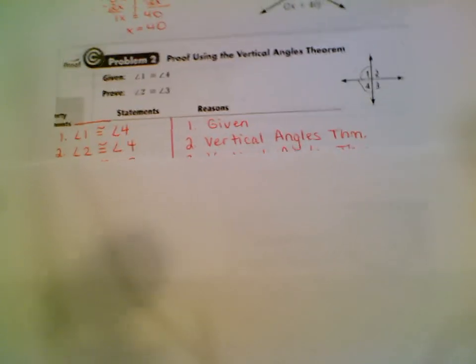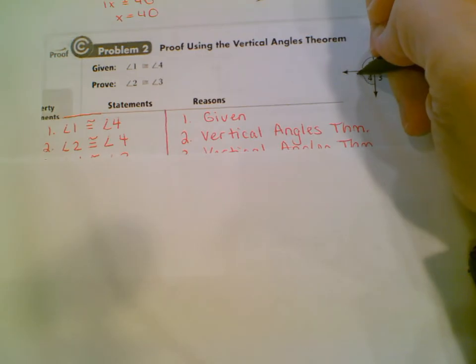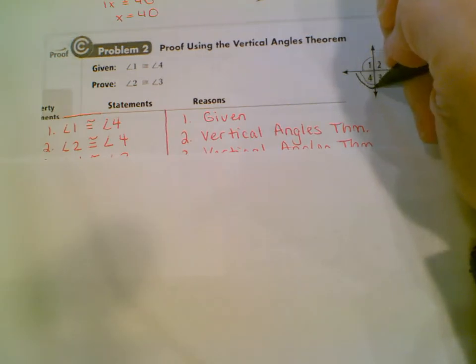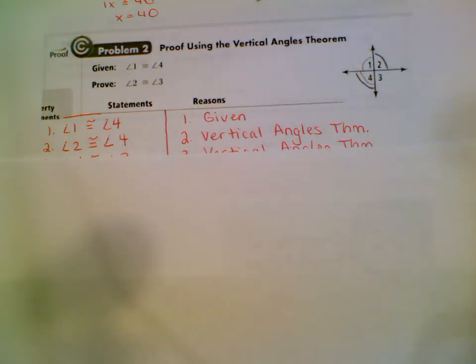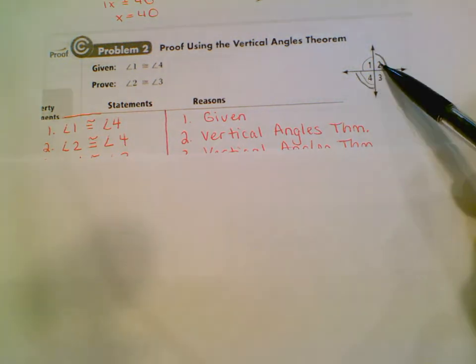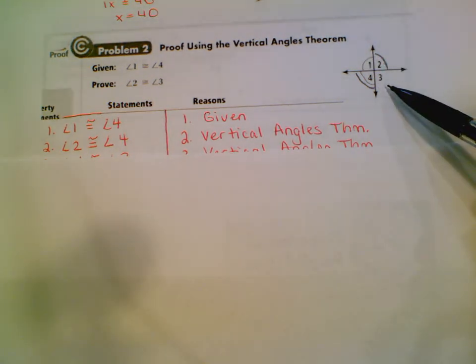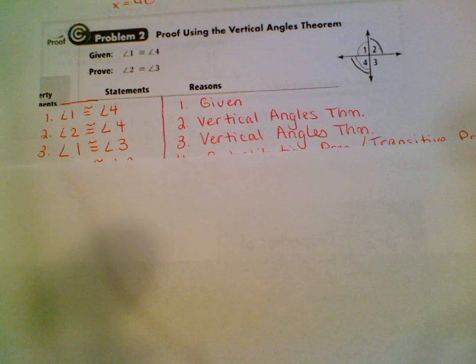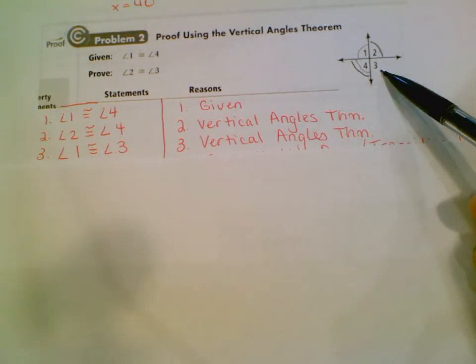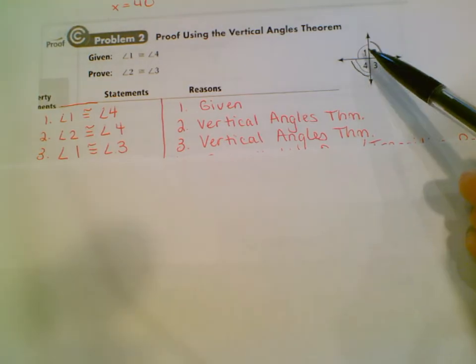Well, we just got done talking about vertical angles. So we just got done discussing that vertical angles are congruent. So, what if we take a pair of vertical angles and say that they're going to be congruent to each other? So I said that, well, 4 has to be congruent to 2 because they are opposite sides from each other for vertical angles. Now you could also say same thing for 1 and 3 if you wanted to. So I did the same thing on the next step. I also said 1 and 3 have to be congruent to each other